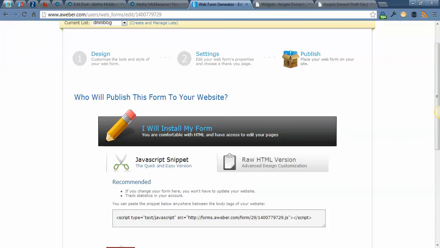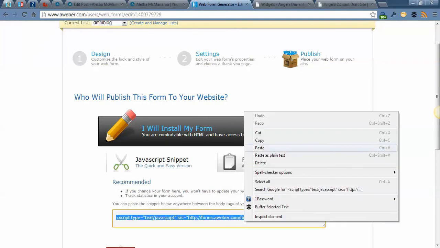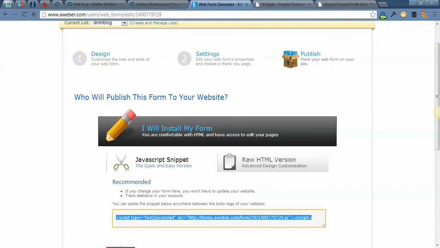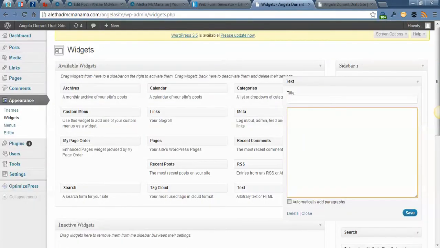With the JavaScript, you're not able to do a lot of editing unless you edit it right here in the Aweber form section. Otherwise, with raw HTML, you can actually paste that code and make some edits within the code just so that it matches up with your site. Alright, so I'm going to just copy, and then I'm going to bring that back over to my widgets, paste,